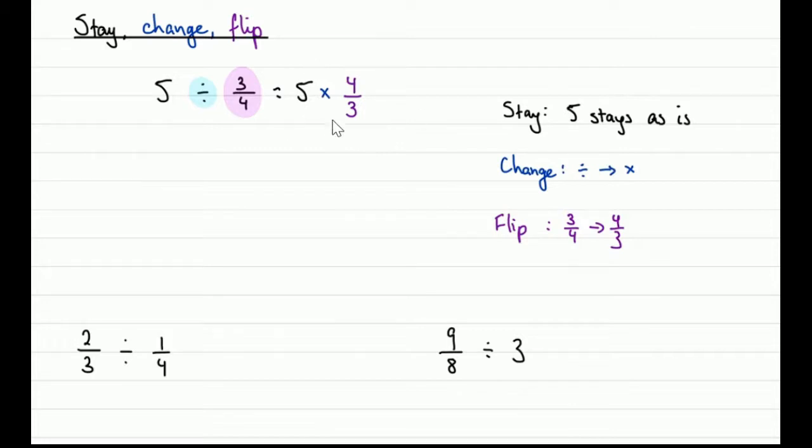Now, how do we calculate this? 5, remember, is just 5 over 1. So if it's an integer, we can always write that as a fraction over 1. So as I calculate this, bringing them together, I've got 5 times 4 over 3 times 1, but I know 3 times 1 is just 3. 5 times 4 is 20. That's still over 3. And then writing that as a nice mixed number, I know that's going to be 6